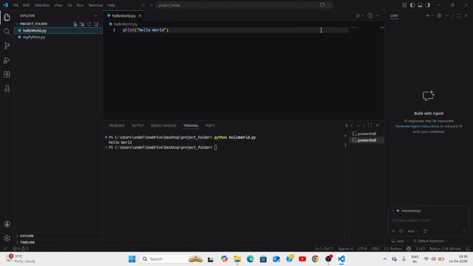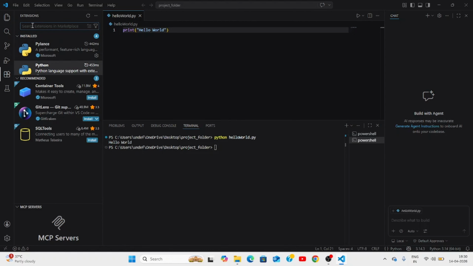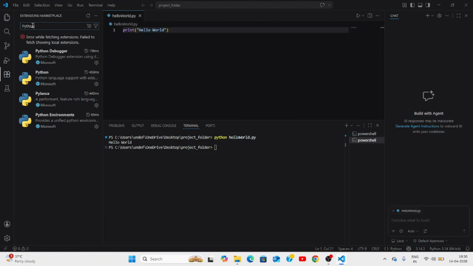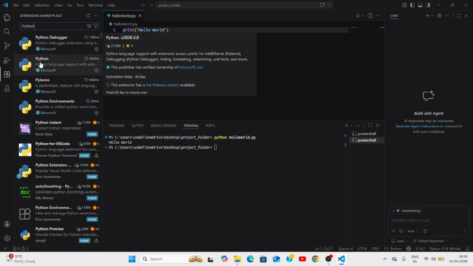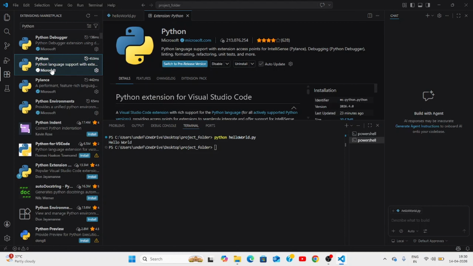You simply need to come to the left and click on this icon that says extensions. Here in the search bar, you need to type Python, that's with capital P, and you need to install this extension from Microsoft. You can see for me it is already installed, but if you don't have it installed, then